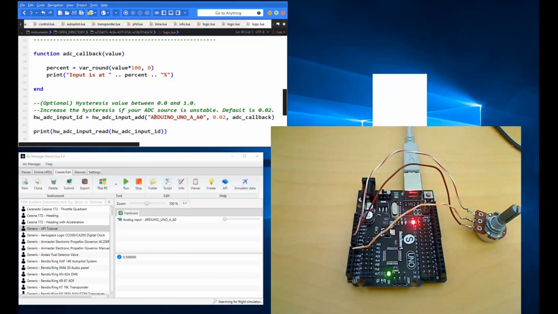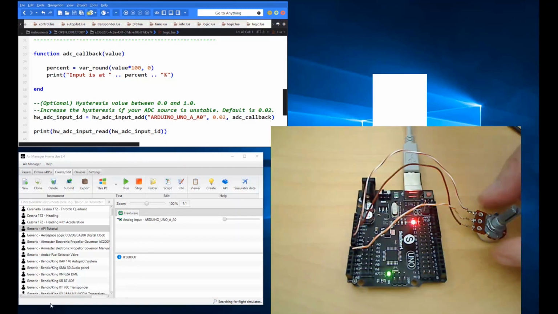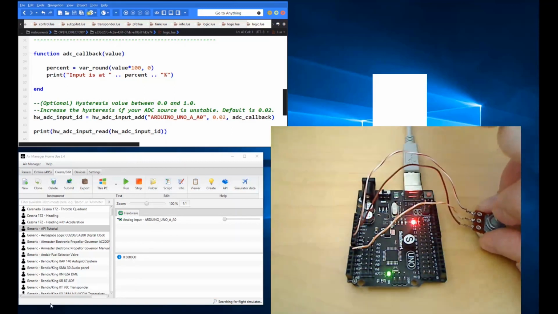the code here, we're not moving the potentiometer yet, but we've got a return back from this statement that says 0.5. So in other words, it returns us from 0 to 1 the value at where the potentiometer is set. And then if we move the potentiometer, you should see now the callback coming into play, and there you go, there's our last statement saying input is at so clockwise, and I'm coming back the other way now, so let